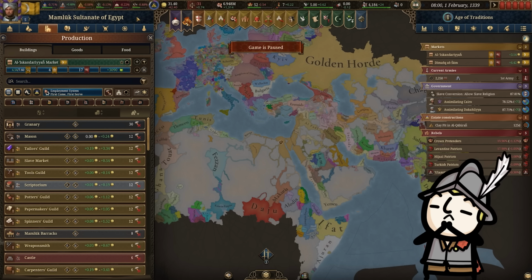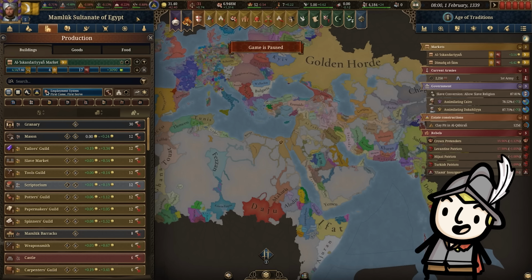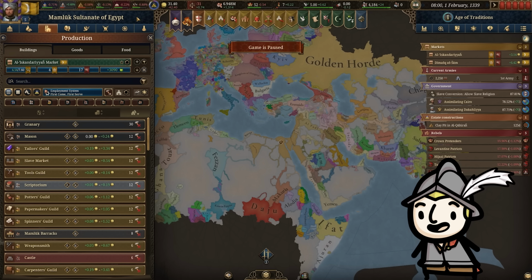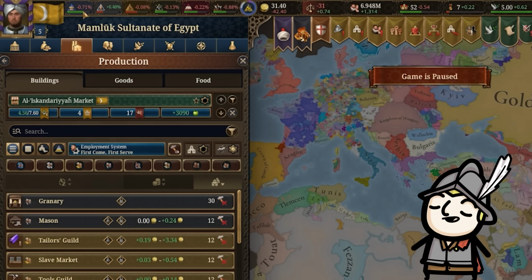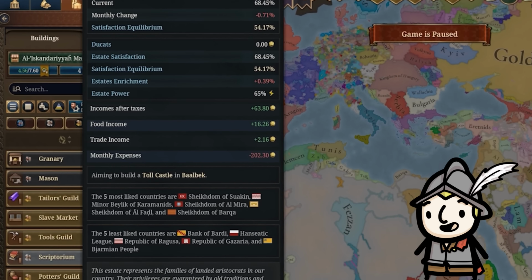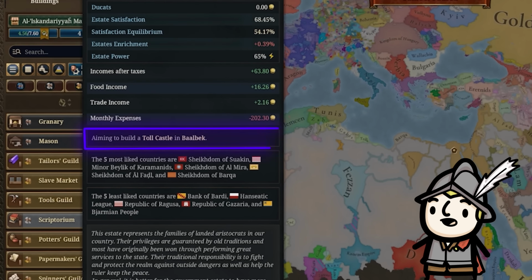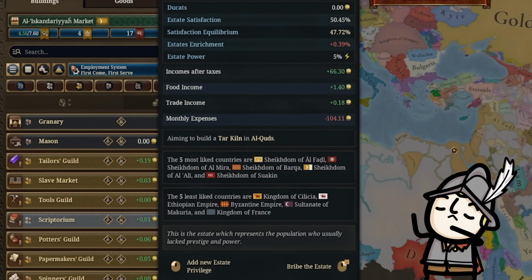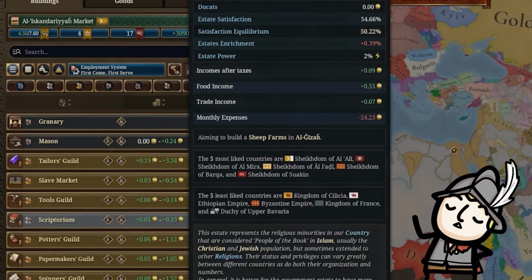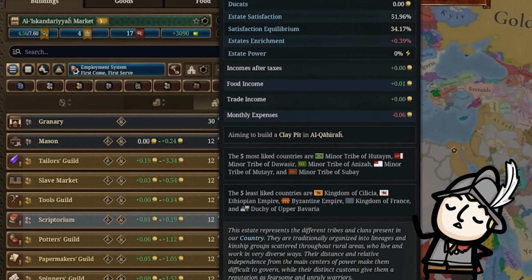They're usually looking to increase profitability and increase their power base. That means they'll be more likely to invest in a new building that is part of an already profitable industry. If we go up to the top panel and hover over any of the estate info bars, you can see in the middle what they're aiming to build: Toll Castle, Farming Village, Weaponsmith, Tar Kiln, Sheep Farms, and a clay pit, and the location that it will be